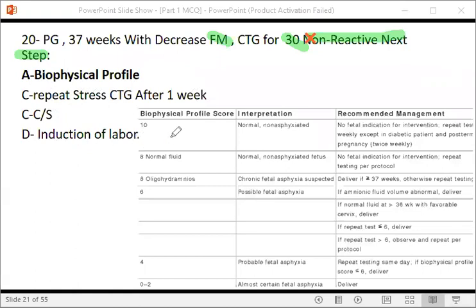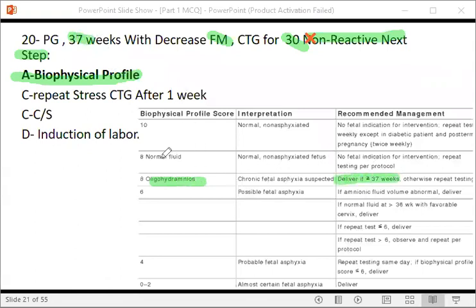Okay, in this scenario, the best response for fetal surveillance is the biophysical profile. So what is the biophysical profile? We look at a group of factors, and we summarize it: we give 0 if none, 2 if present, across 5 main factors. If we got 10, it means this is normal. 8 is acceptable, but if there is oligohydramnios here, deliver if more than 37 weeks. And focus on the scenario here: if they said there is oligohydramnios and biophysical profile 8 out of 10, deliver